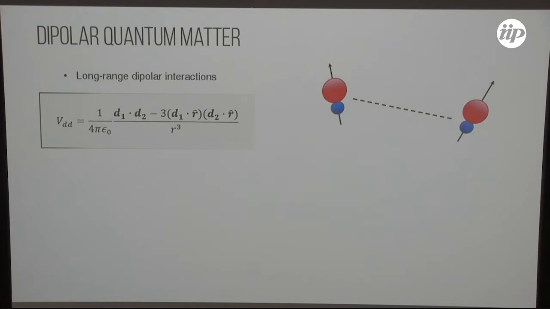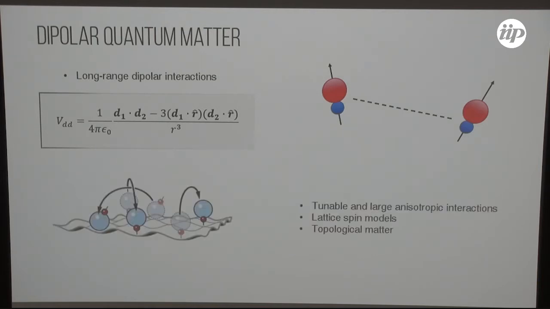So they have anisotropic long-range interaction. So they can tune with a biased electric field. And in principle, you can put this polar molecule into an optical lattice. And because of these additional degrees of freedom that you have, you can realize exotic phases of quantum matter, like topological superfluids, strongly interacting lattice spin models, and so on. And the key advantage is that this term in the interaction already pops out into the Hamiltonian.